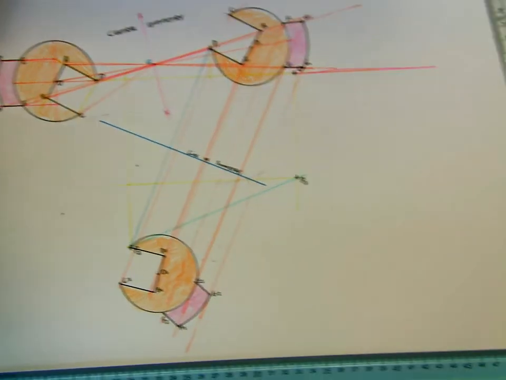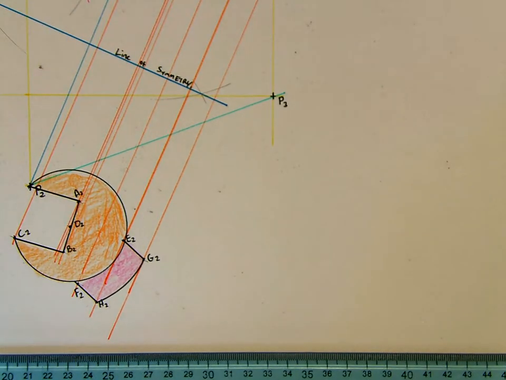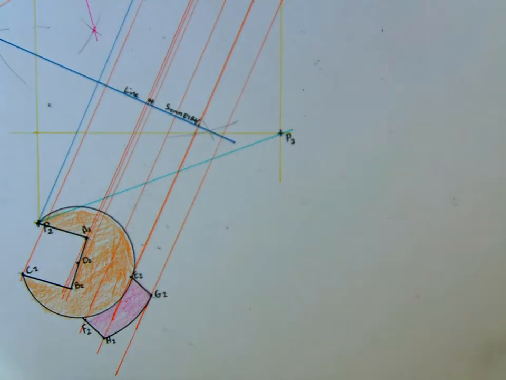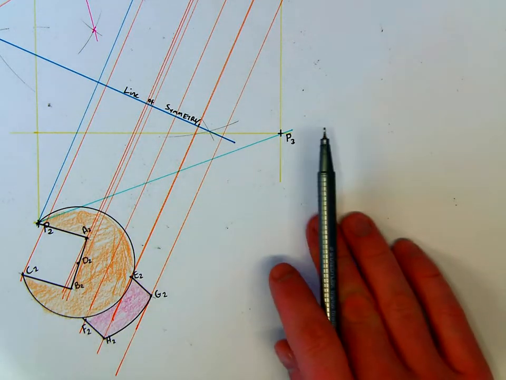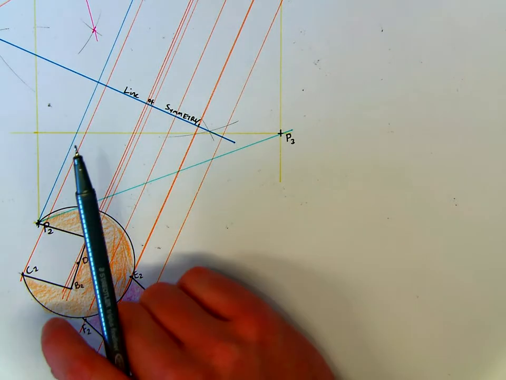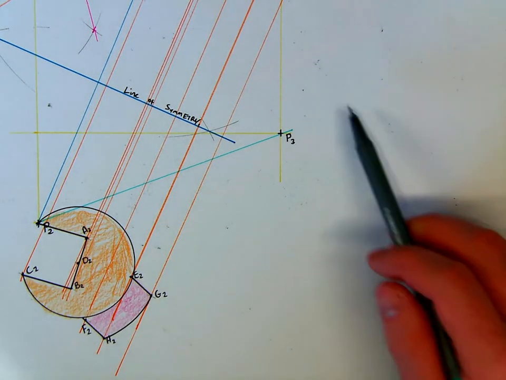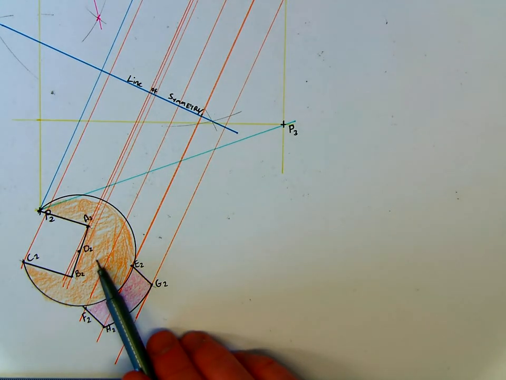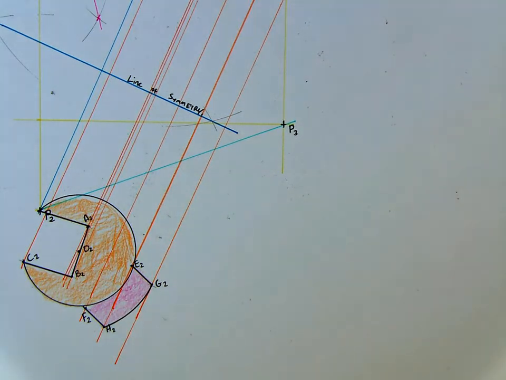And I'm just going to zoom in on this so that we can make it a little bit clearer. Okay. So what's going to happen now from all of these points? I need to do the exact same line. So from P2 to P3, whatever angle that line is and whatever length that line is, I have to do the exact same line from every single one of these points. And that's going to give me a collection of points up here that's going to look exactly the same as this object here. So to find the same angle of this line, the easiest way to do the same angle from each one